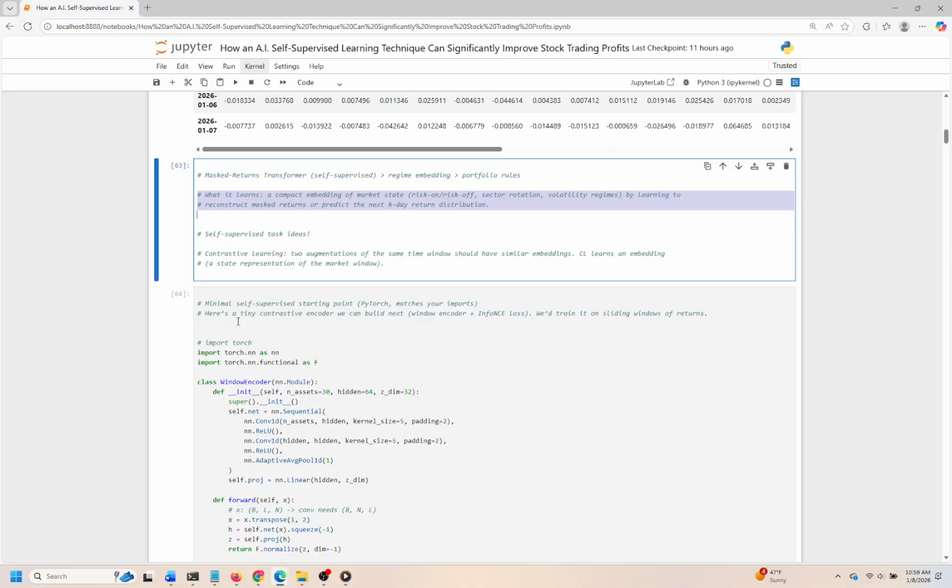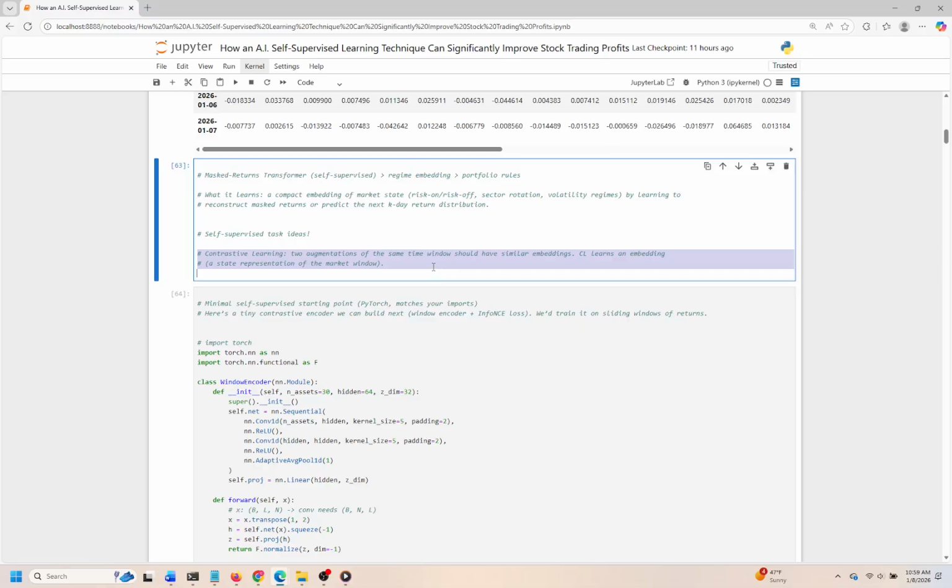One innovative approach highlighted in this cell is contrastive learning. Here, the idea is to compare two different views or augmentations of the same time window. The model aims to produce similar embeddings for both. This is particularly valuable, as it allows the model to enhance its understanding of various market conditions within a shorter time frame. However, it's essential to be aware of potential pitfalls, such as overfitting to specific market situations, which could